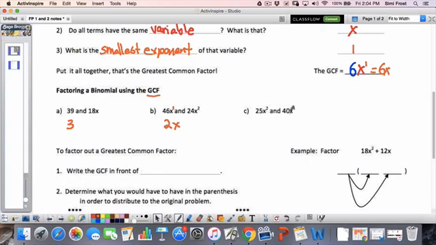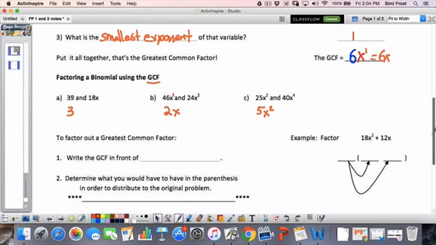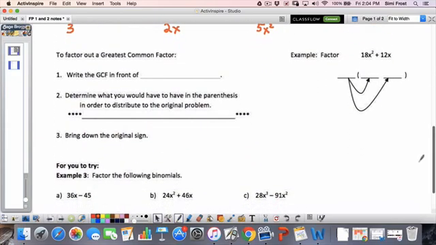Okay, hopefully you've come up with something here. So if I pull out the greatest common factor between the numbers here, I come up with 5. There's an x in both, so I'm going to put down my x. And then the smallest exponent is 2. There we go. All right, now that we've practiced this, let's get into actually factoring out a GCF